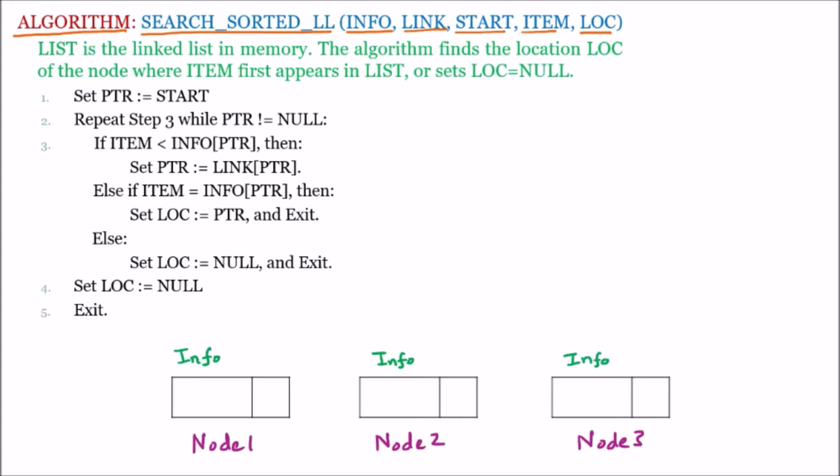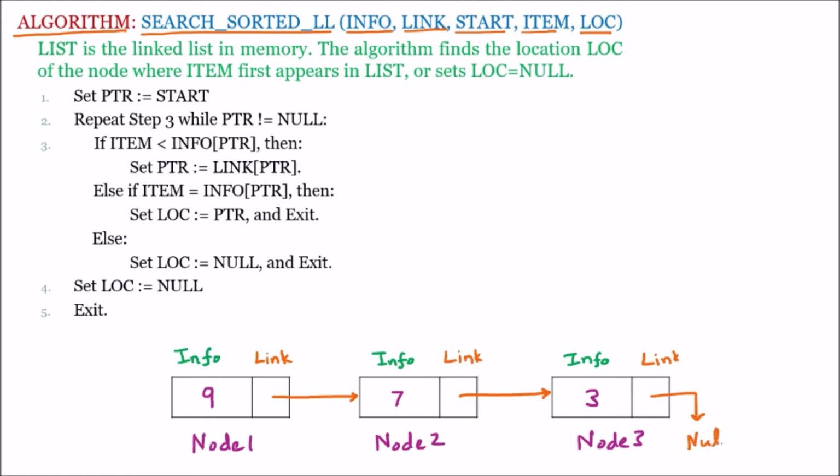Now here we are putting some information. Let us suppose that we are assuming the list is in descending order. So let us suppose that the first element is 9, the next element is 7 and the next element we are having is 3. Then further we are having the link part. Link part is the pointer which is pointing to the next node. So every node is having a link part and this link part is pointing to the next node. Similarly the second node link part points to the third node. After the third node we are having nothing, so it is pointing to null.